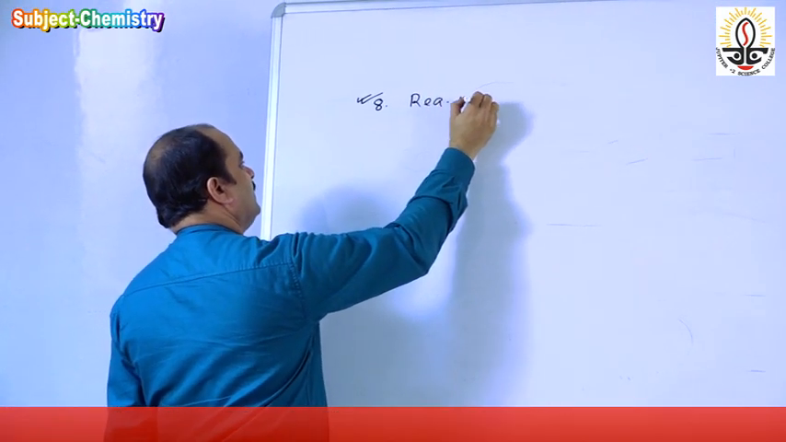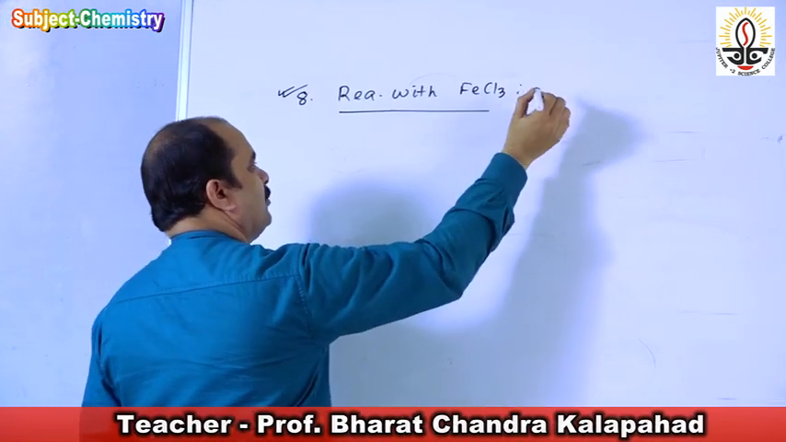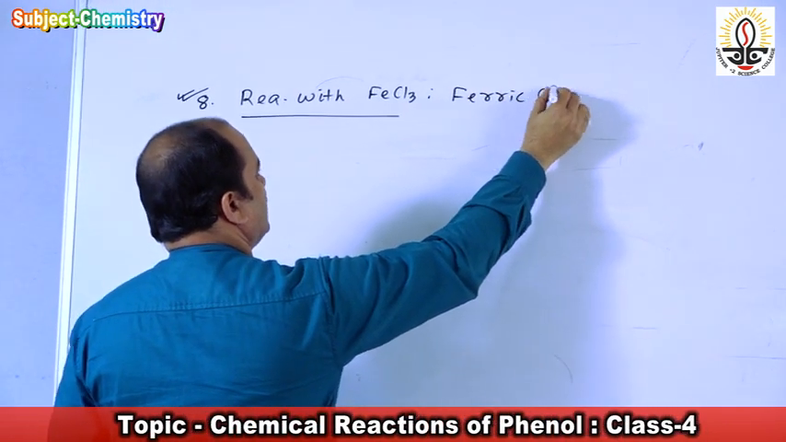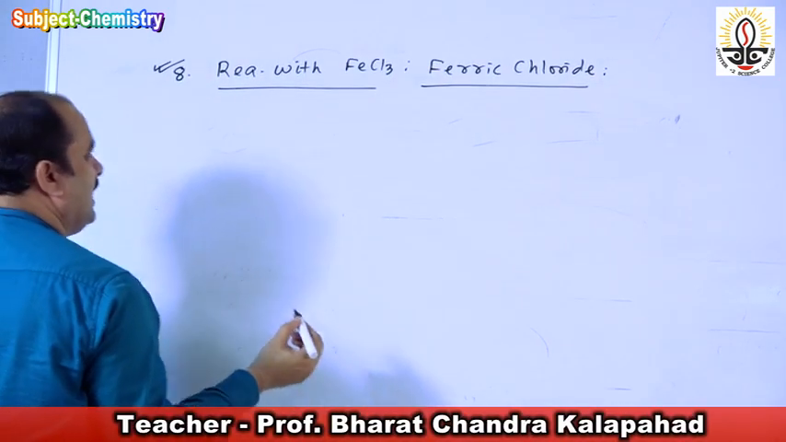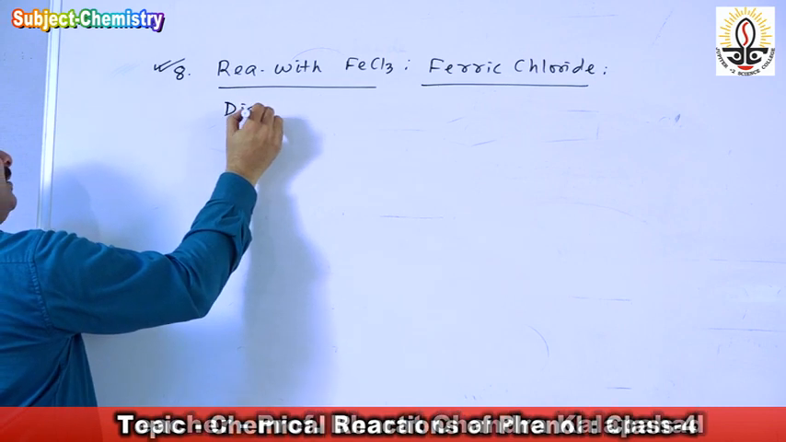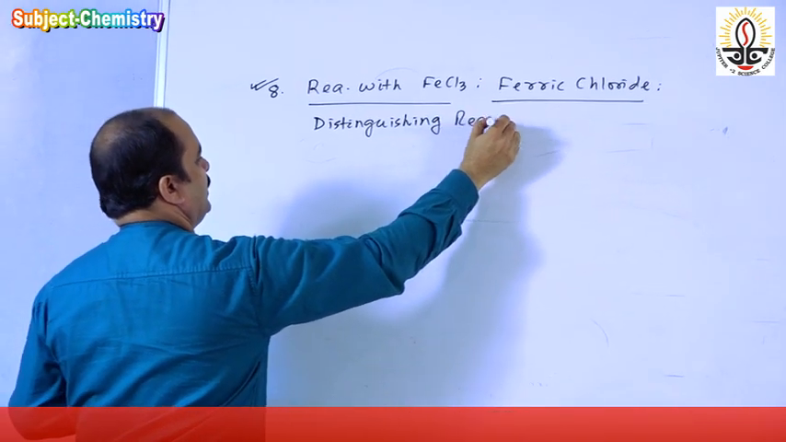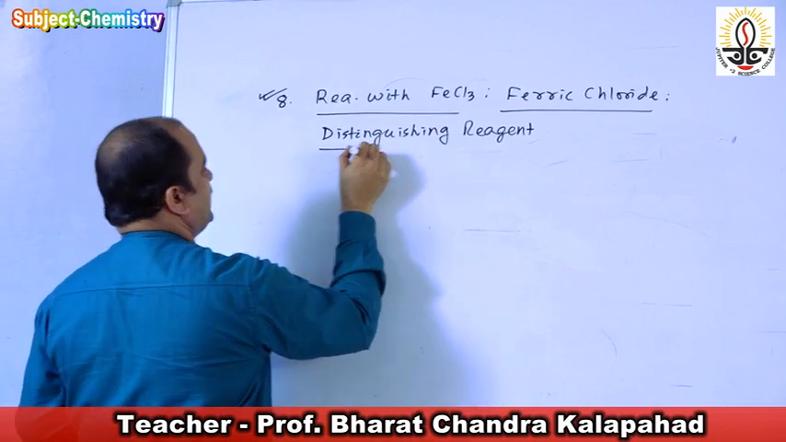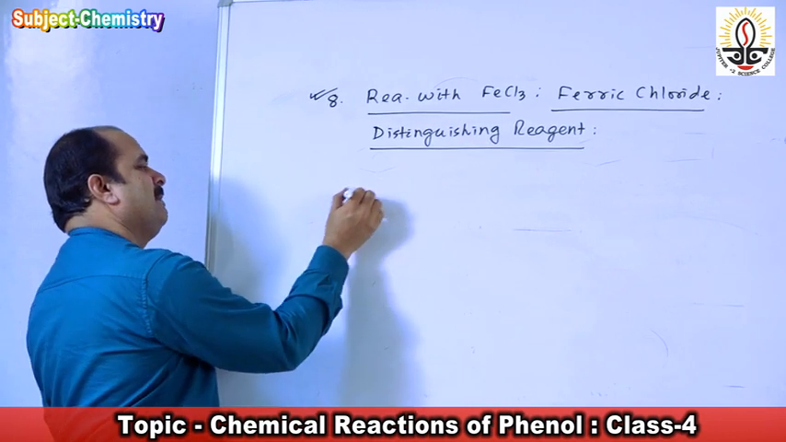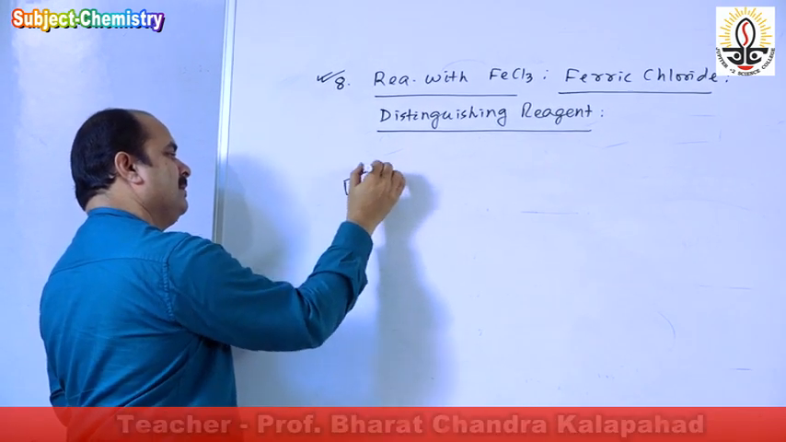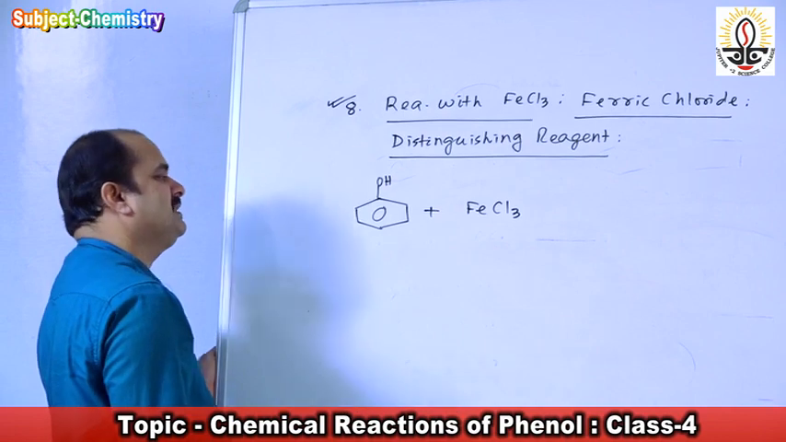Reaction with FeCl3 solution, ferric chloride. It is known as ferric chloride. This reaction is used as a distinguishing reagent. Reaction with FeCl3. What happens when phenol reacts with neutral FeCl3 solution? When phenol reacts with FeCl3, neutral FeCl3 solution,